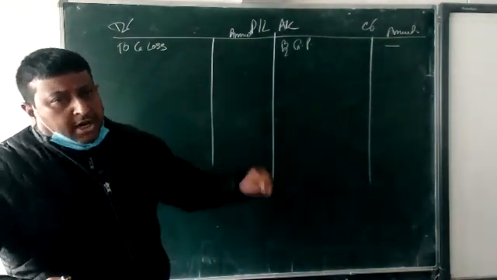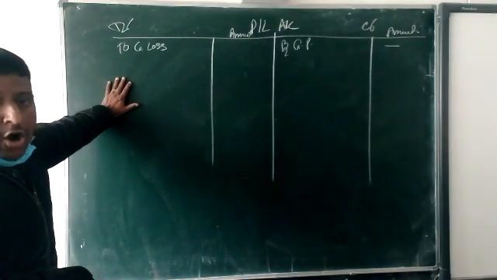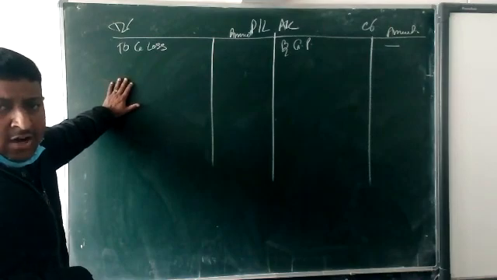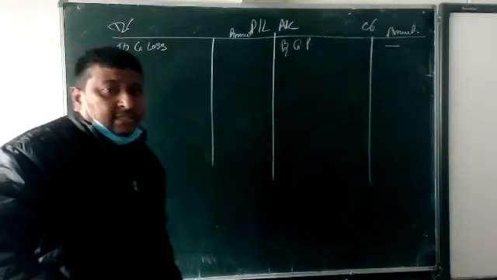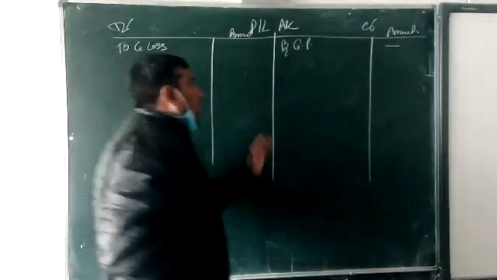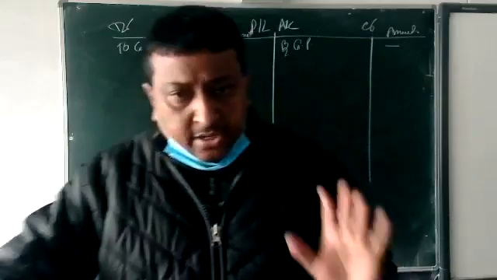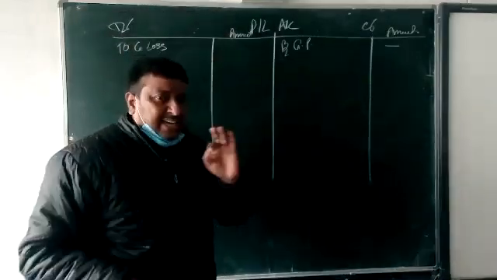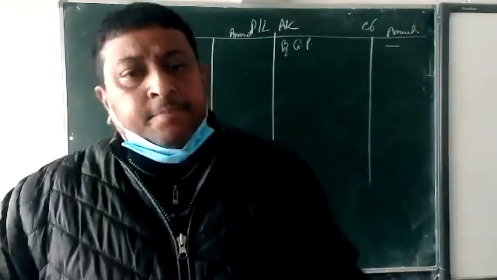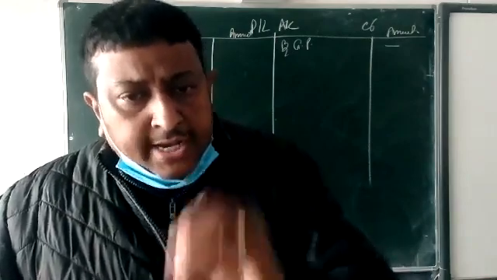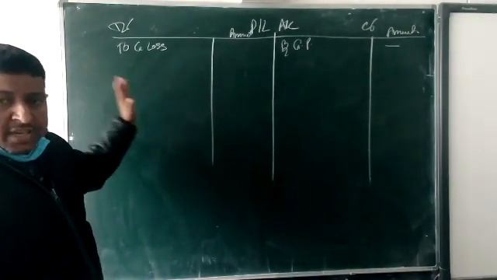Now we are going to enter all the indirect expenses in this PL account. Okay, beta? All indirect expenses and all income in this PL account. All indirect expenses we are going to show on the debit side and all income we are going to show on the credit side. Okay, beta? Clear? Just keep it clear in your mind. Direct expenses we show in the trading account. After that, all indirect expenses we are going to show on the debit side of the PL account.